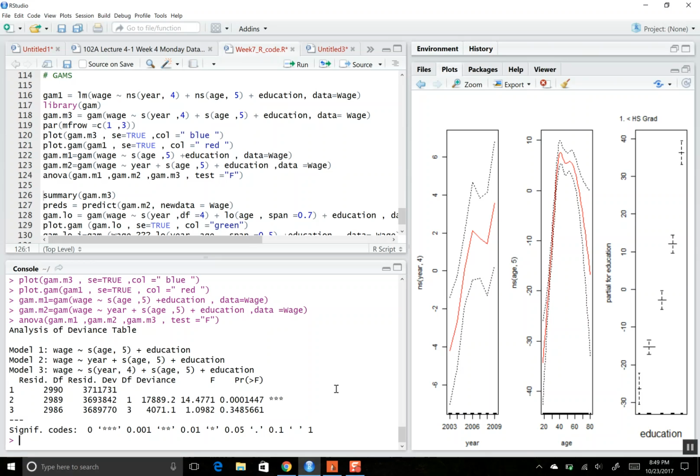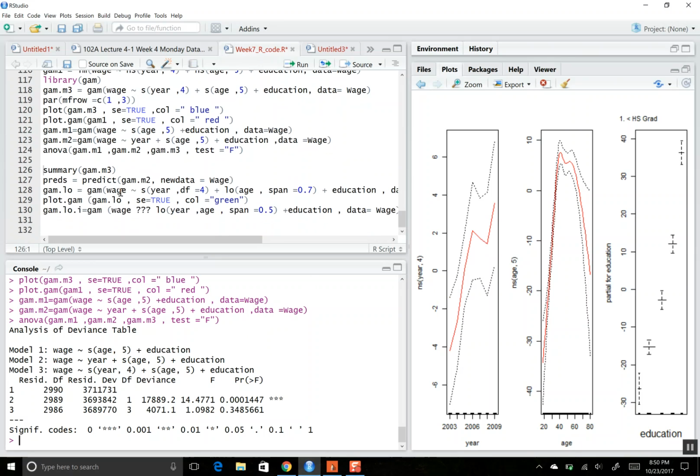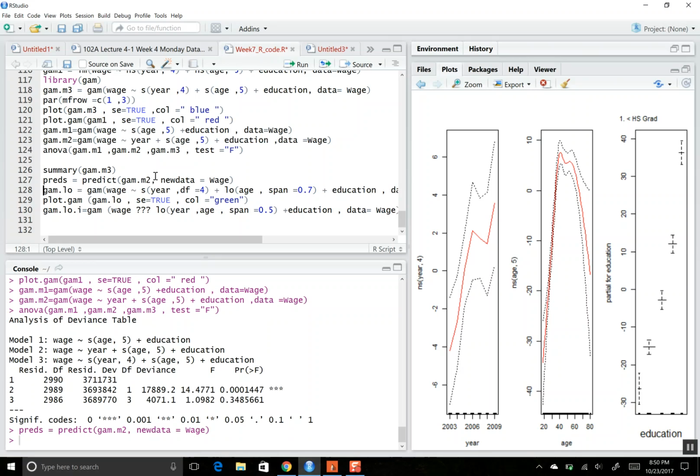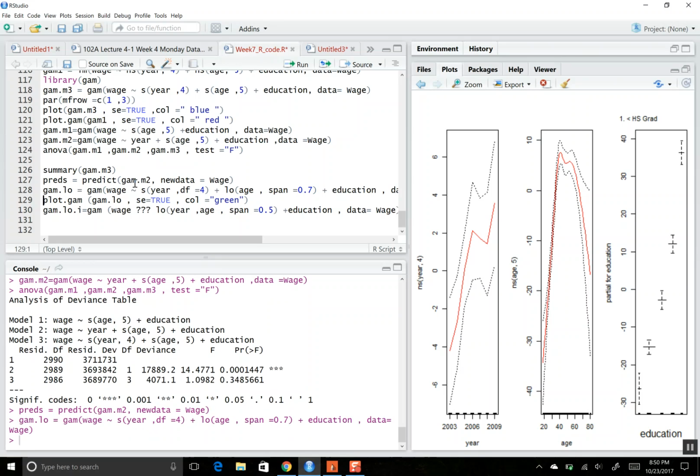So maybe it just makes sense to leave the relationship between year and wage as a linear thing. So, we see a dip in the spline, but was that significant? According to the ANOVA, the analysis of variance here, it may not have been when we're comparing models here. So if we look at our predictions here, and we do this,